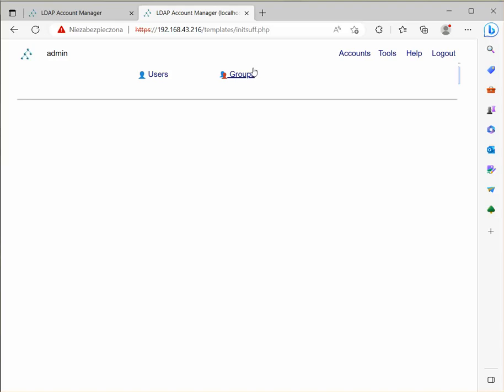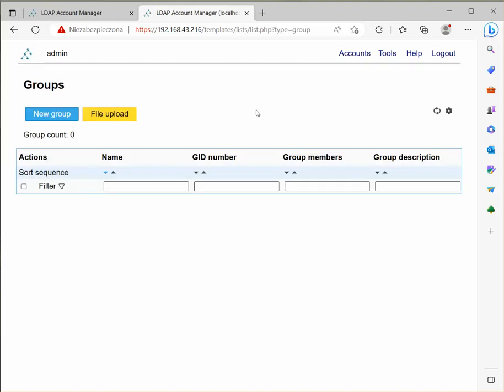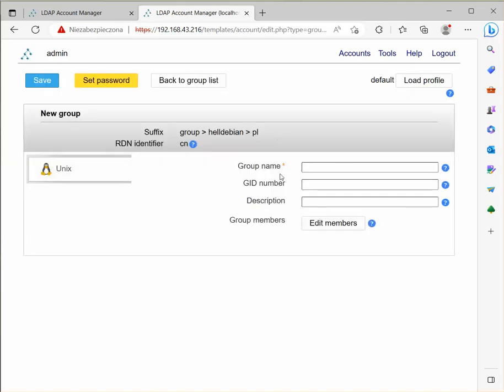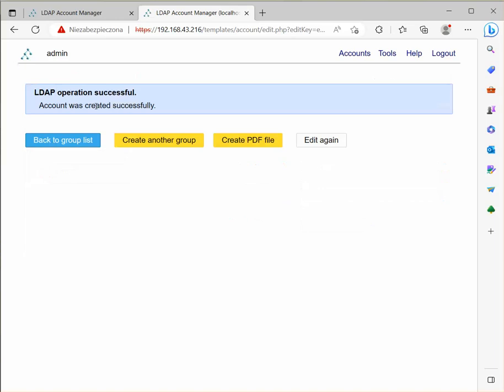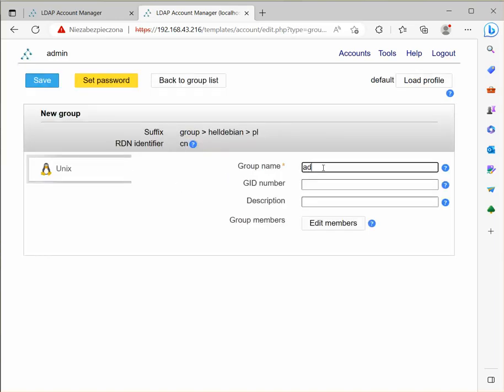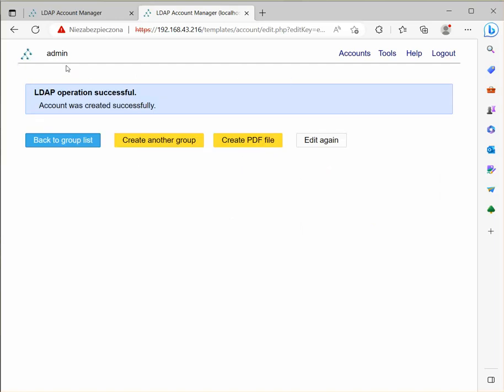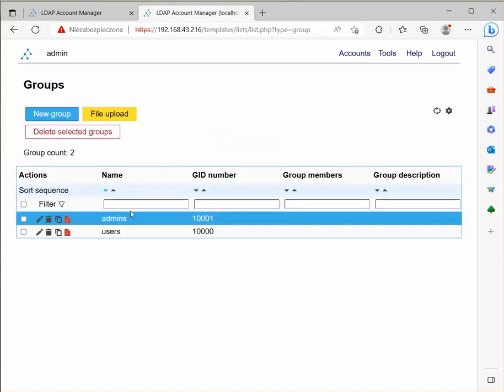So first of all, we would need to create groups, and then users, of course, because users are going to be part of groups. If you don't have groups, you cannot create this. So we have groups. I'm going to create groups. I'm just going to create two test groups. First one is going to be called users, and another one admins. So now we have two groups,